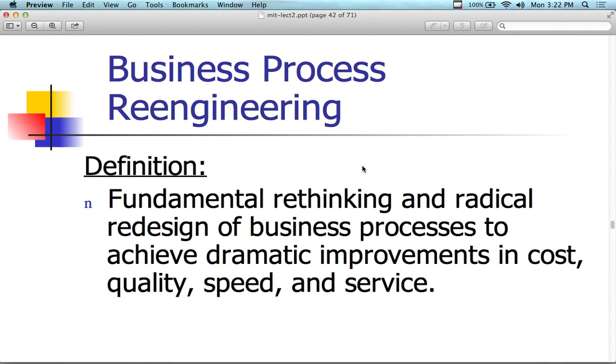Or you're going to be VP something or other, when you finally get this job, or maybe you'll be promoted up into it, one of the first things that ends up happening is business process reengineering to give you a competitive advantage, because there's something wrong. There's problems, which is why they hired you. So by definition, fundamentally rethinking and radically redesigning the business processes to achieve dramatic improvement in cost, quality, speed, and